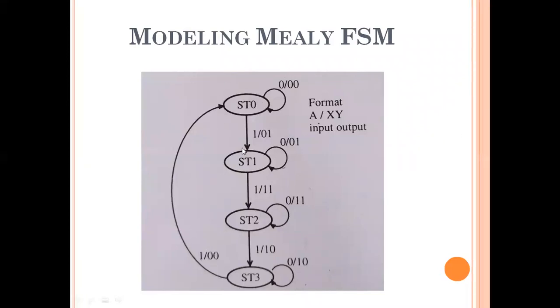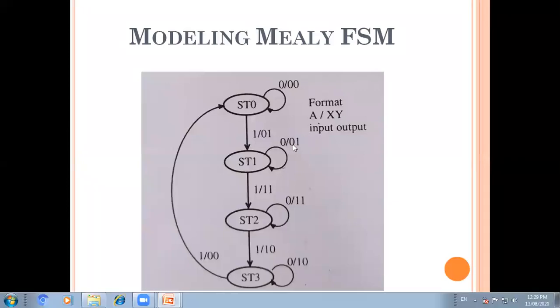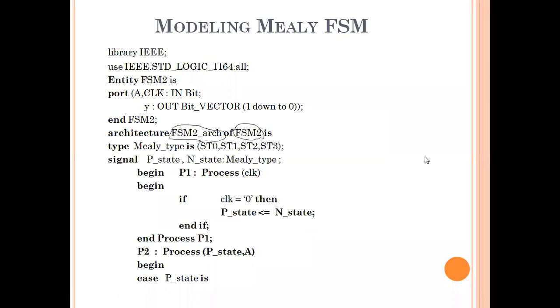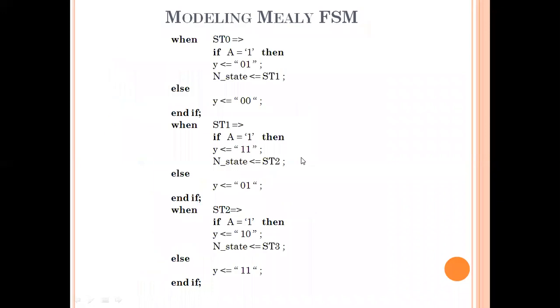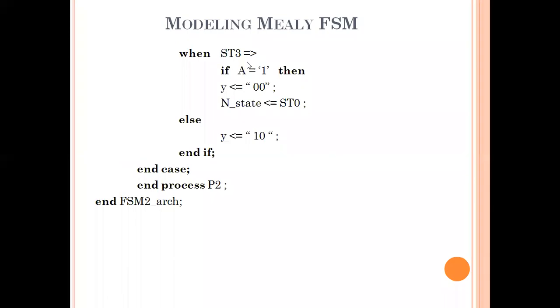So whenever you have to write VHDL or Verilog code, first you have to design a state diagram. The state diagram is very important with the Moore machine or the Mealy machine, right? In yesterday's lecture we also discussed the difference between Moore and Mealy machines. Once you know how to design a Moore and Mealy machine, representing it with VHDL code is simple. There is no issue. So, modeling Mealy FSM on state 3.